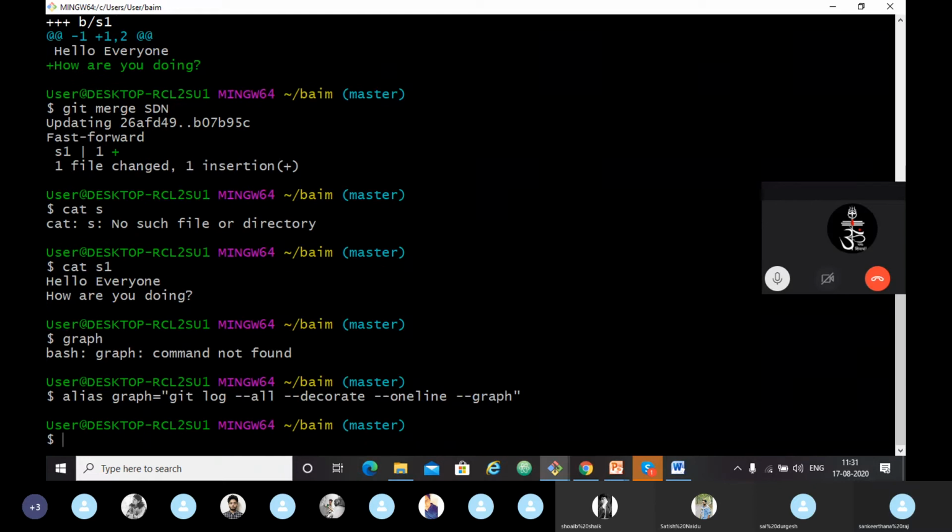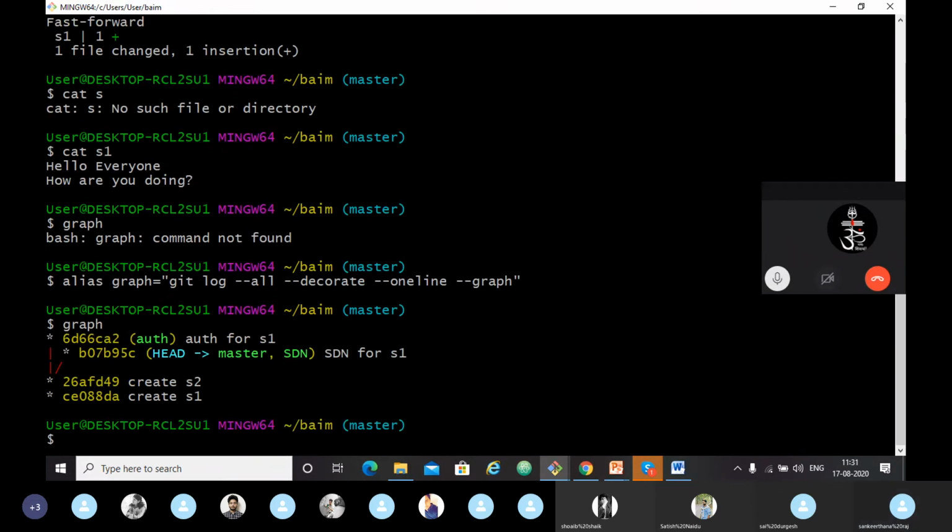Let's see the graph. Here you can see it. The head is pointing to the master and SDN branches, meaning they are both merged now. So now I want to delete the SDN branch because I don't want two branches pointing to the same commit. I can just delete it.